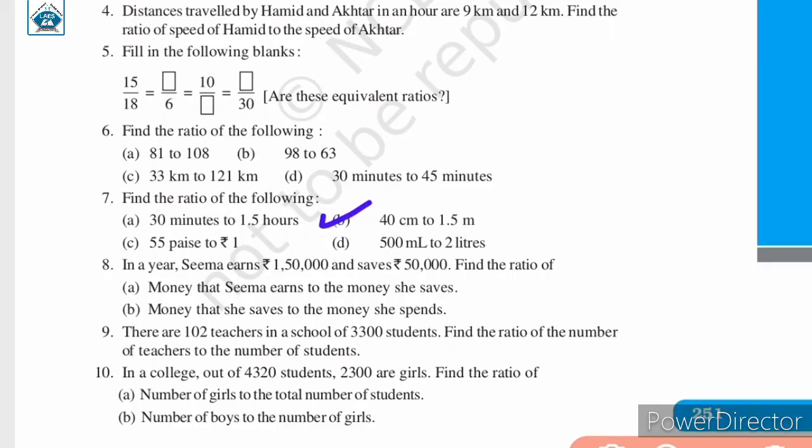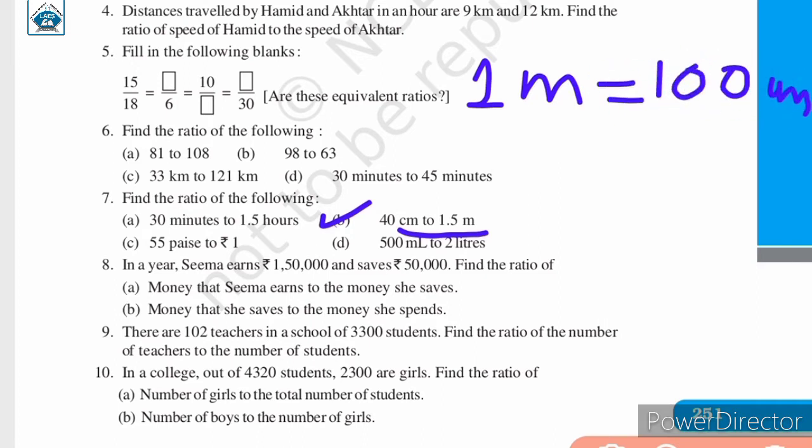In the next part, you need to find the ratio of 40 centimeter to 1.5 meter. Now in this case also, सेंटीमीटर है एक यूनिट और दूसरा यूनिट है मीटर. सेम यूनिट नहीं है तब तक हम लोग रेशियो फाइंड नहीं करेंगे. हम कन्वर्ट करेंगे दोनों क्वांटिटीज़ को सेम यूनिट्स में, उसके बाद ही हम रेशियोज फाइंड करेंगे. So we will keep 40 सेंटीमीटर as it is. We will convert meter into centimeter. We know that 1 meter is equal to 100 सेंटीमीटर. 1 मीटर 100 सेंटीमीटर होता है.